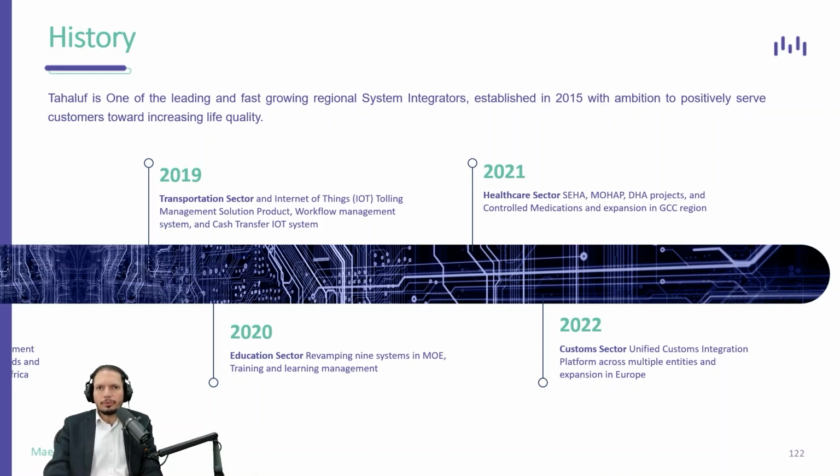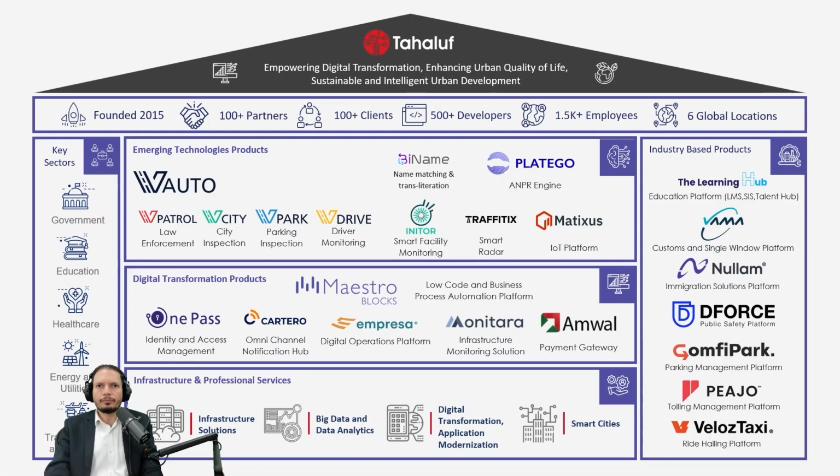Our company has developed mature products that transitioned us more toward being an international vendor. As of today, we do have 6 global offices covering Middle East, Europe, and Africa. Our headquarters is in Abu Dhabi, UAE. Our second office was established in Riyadh, in Saudi Arabia. And we do have offices as well in Jordan, India, Egypt, and Austria. We cover all of Middle East, Europe, and Africa, with successful projects delivered in several regions like Mauritania, Tunisia, Morocco,